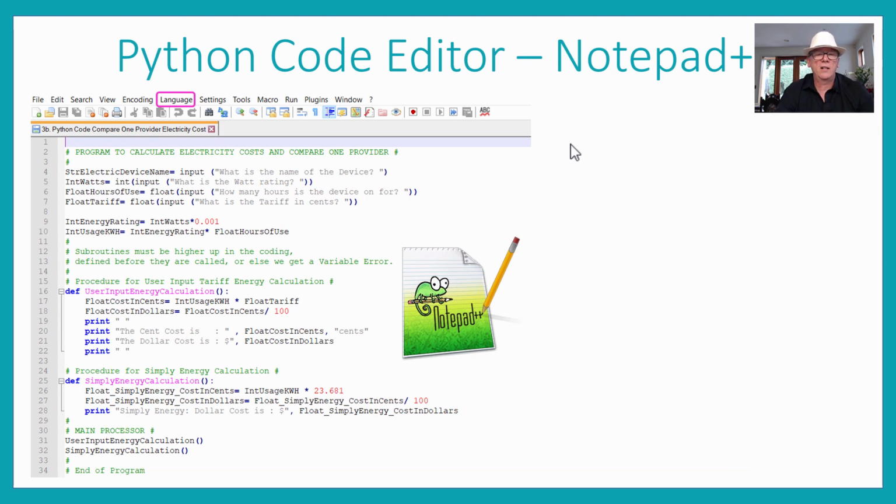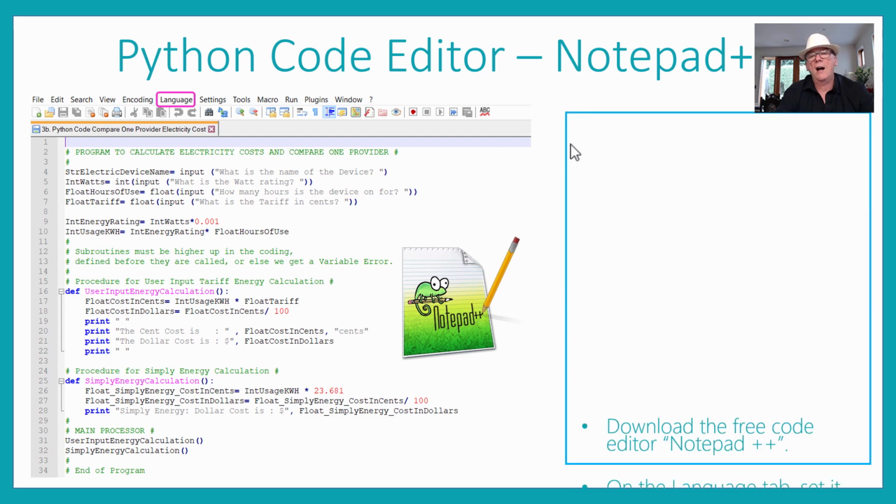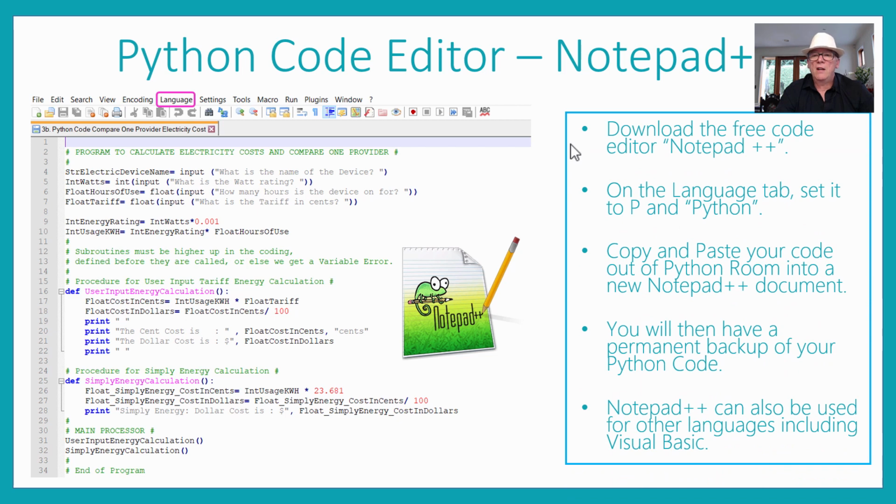Notepad++ is free to download, so get a download of that, because then what you can do is on the language tab, you do have to click up the top here on language and just set it to P. Go to the letter P when the language drop-down list is there and pick Python and set it to Python. Then you can just highlight your code, which is in Python room, and just Control-C and Control-V